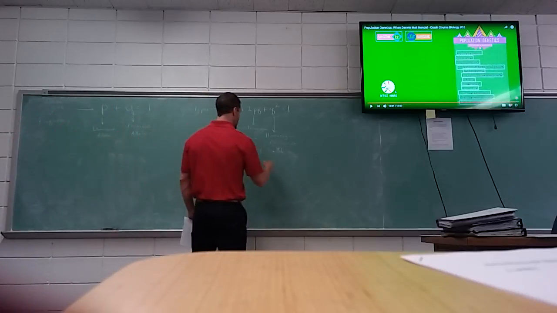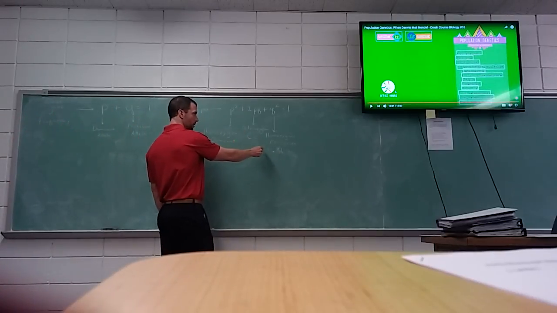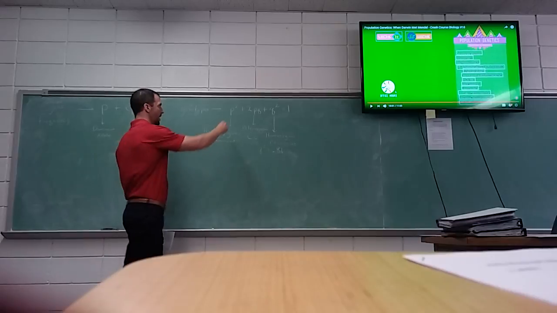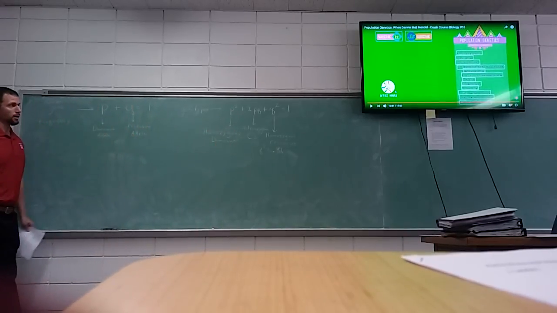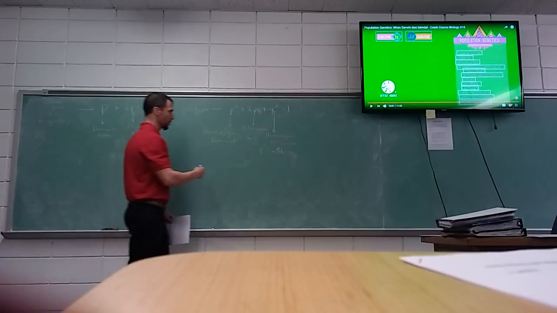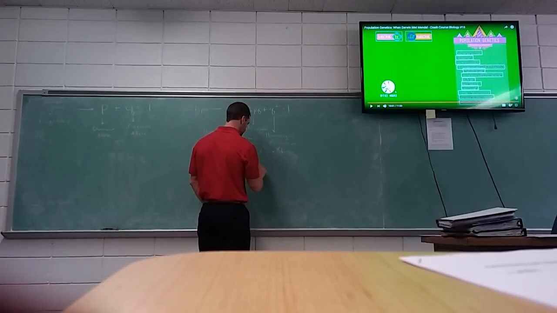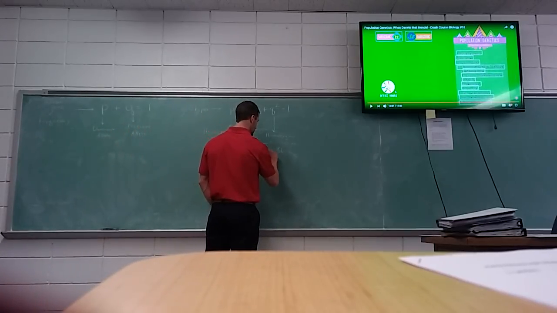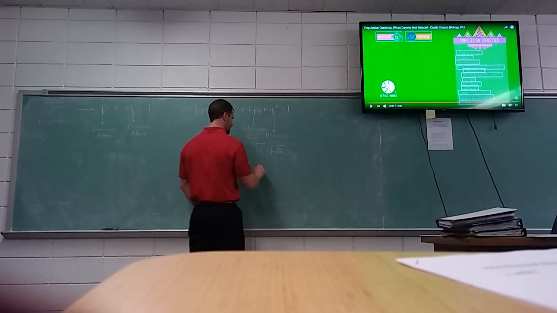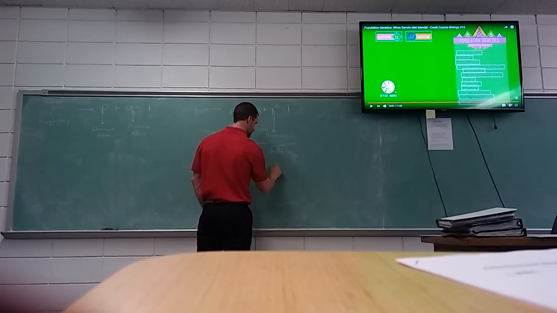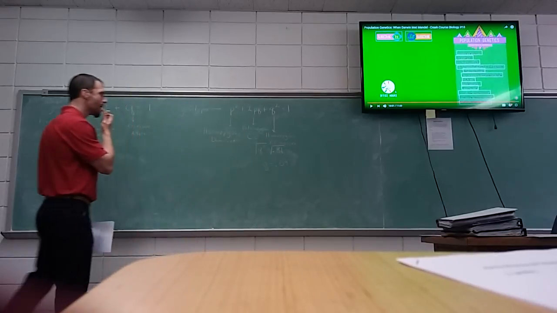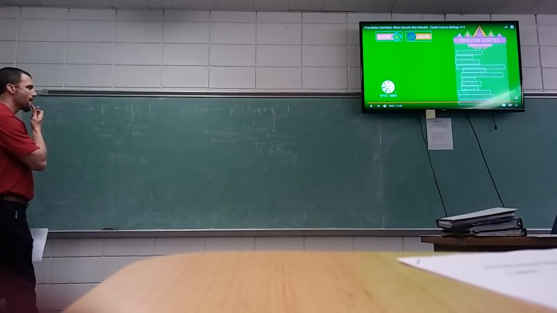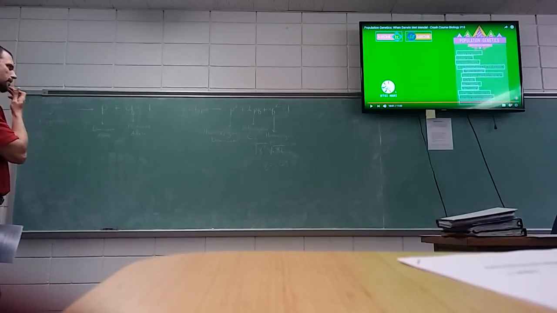So if we have q squared, we need to find out what q is first, right? So let's take the square root of q squared to get q. And so q, I believe, equals 0.09. No, that is 0.9, sorry.